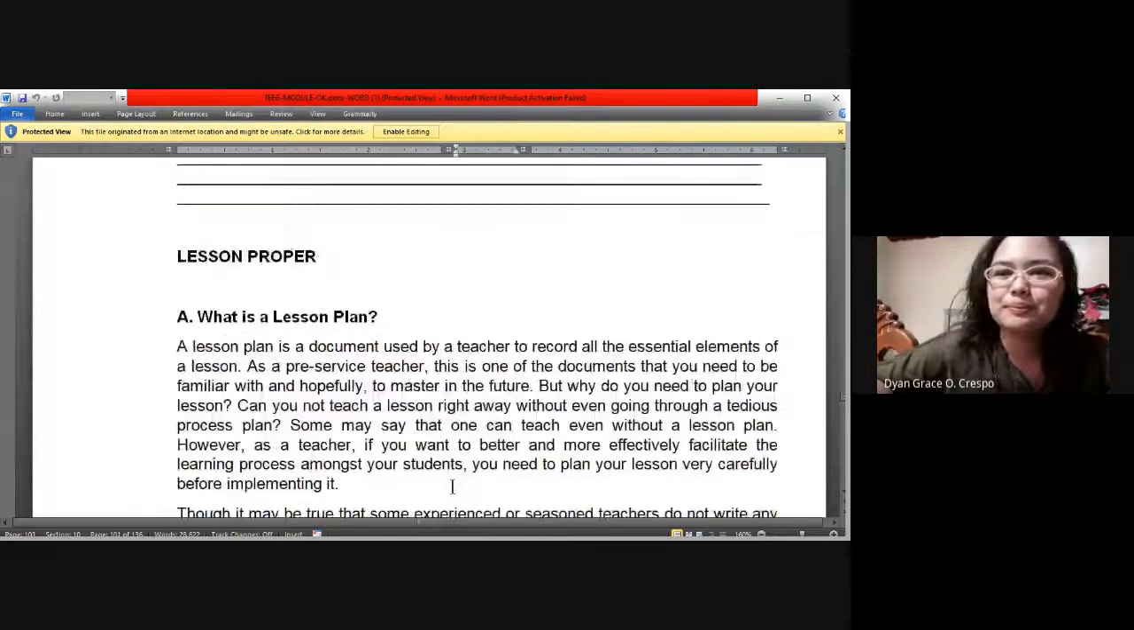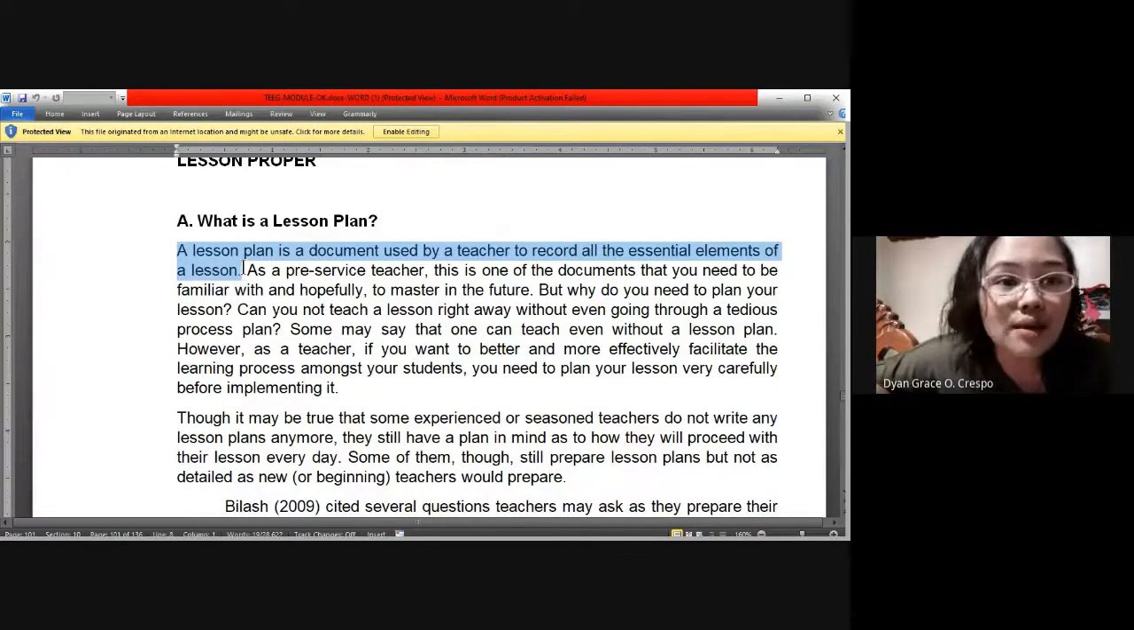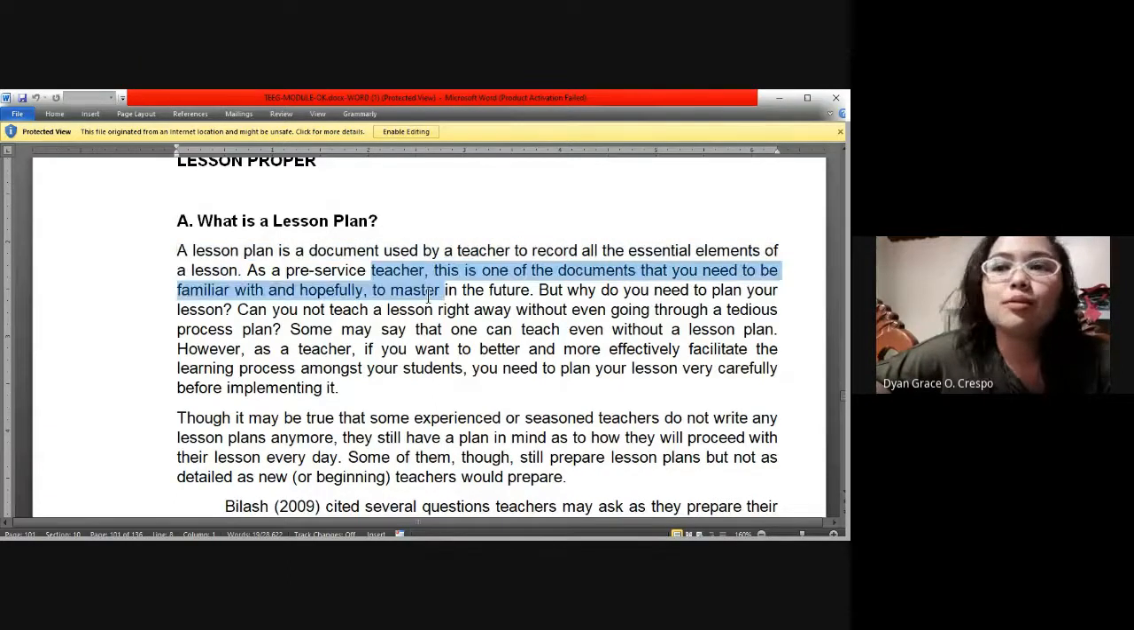Now, let us ask, what is a lesson plan? A lesson plan is a document used by a teacher to record all essential elements of a lesson. As pre-service teachers, pre-service ang tawag sa inyo kasi hindi pa naman kayo tuturo, this is one of the documents you need to be familiar with and hopefully master in the future. My dear students, I will discuss some lesson plans. There are elements of a lesson plan, but